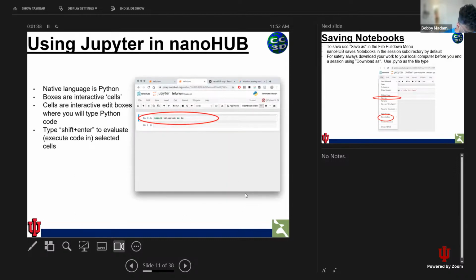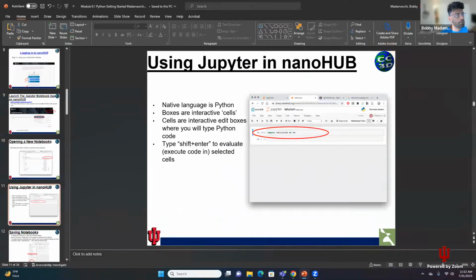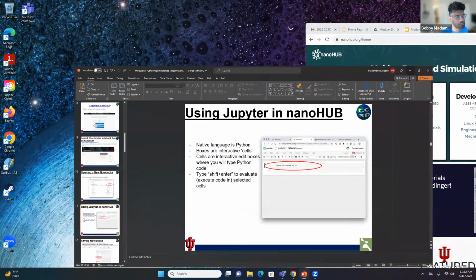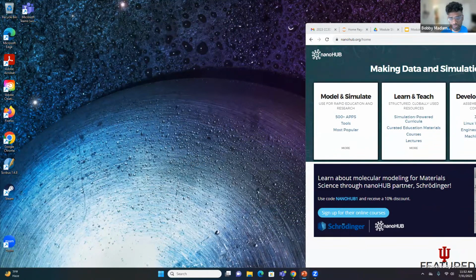Okay, at this point, please message in Slack if you're having trouble with those instructions. But at this point, I want to continue with